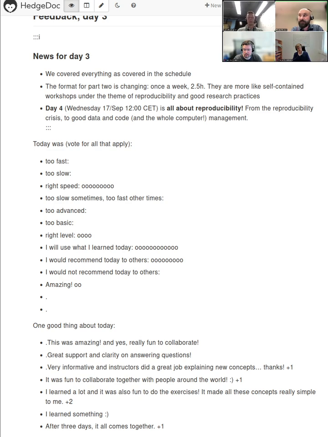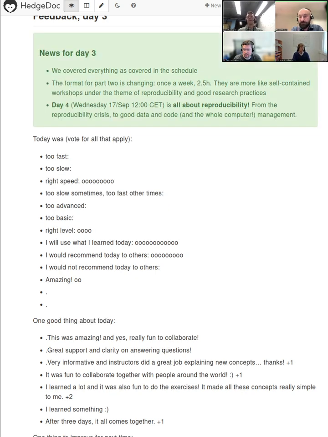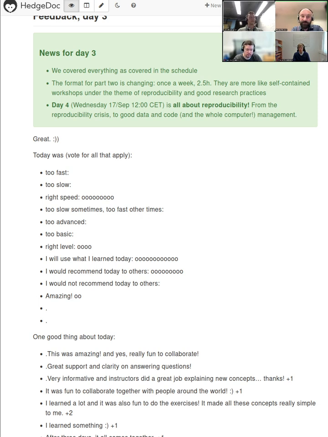For example, next Wednesday, we will look at a tool called Snakemake, which is a tool for pipelines, and Snakemake will call some Python scripts. Long story short, you need to install Conda and the Conda environment that we have defined, because through Conda, it takes care of all the Python dependencies that you need. So please, before next Wednesday, if you plan to do the exercises with us here on the stream, try to have Conda on your computer. If you have troubles installing Conda, just send us an email and we can arrange even more Zoom sessions for hands-on installations.